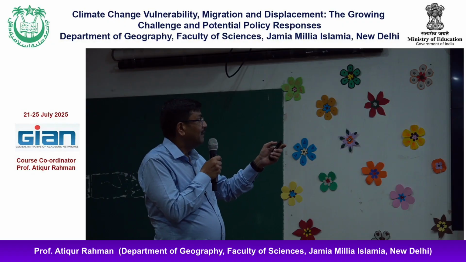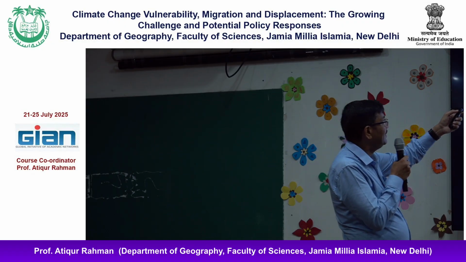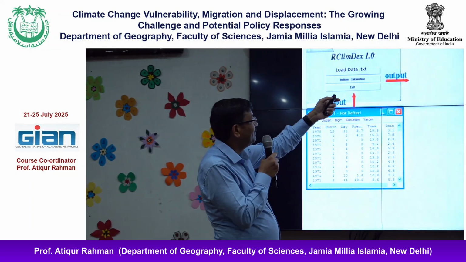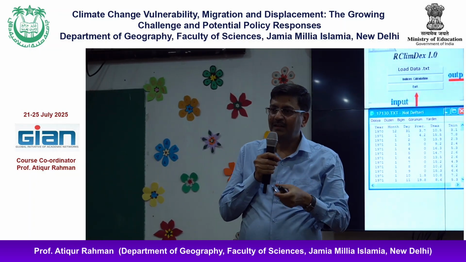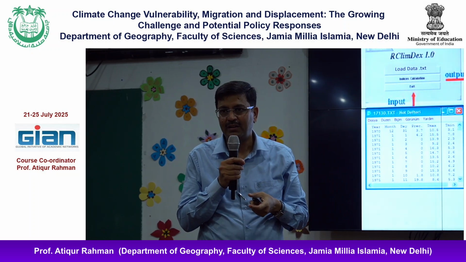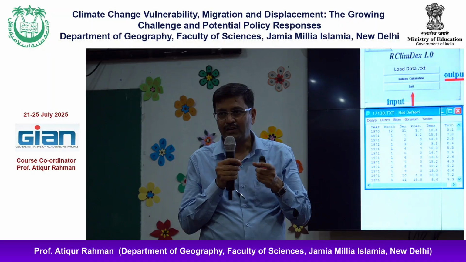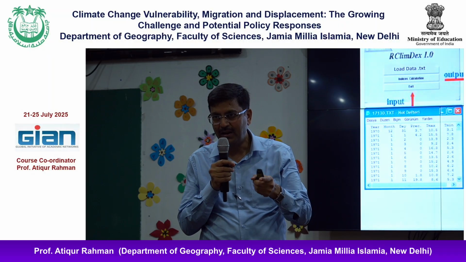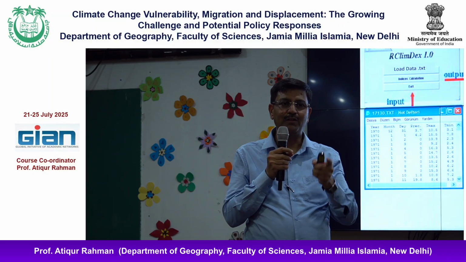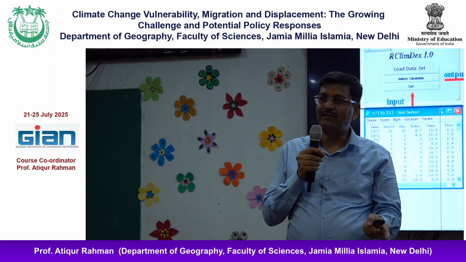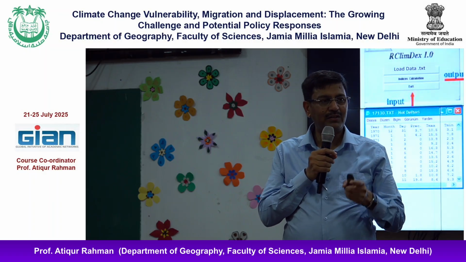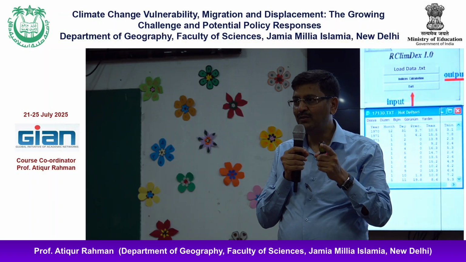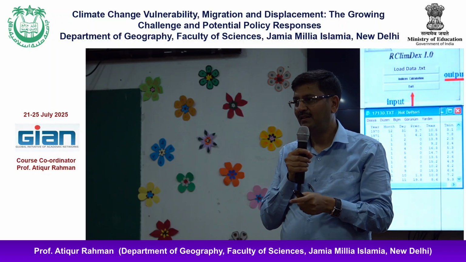So what we have, we join the results of these indices in ArcMap for visualization. From this point onward, the GIS software starts its working. Till now, what you need to do is go to the IMD website, download the gridded data, convert it into XLS, and then convert it to text format. And before that, you need to make a judicious selection of parameters.